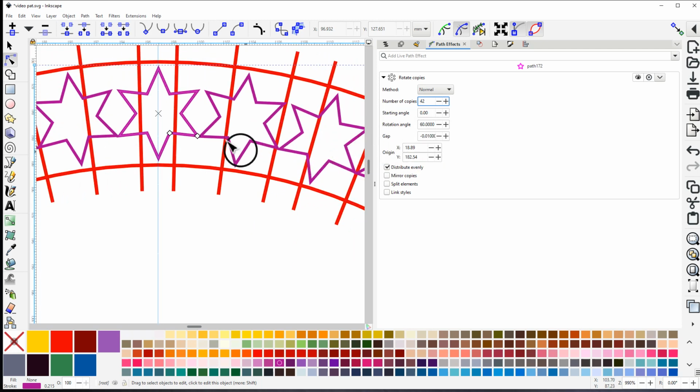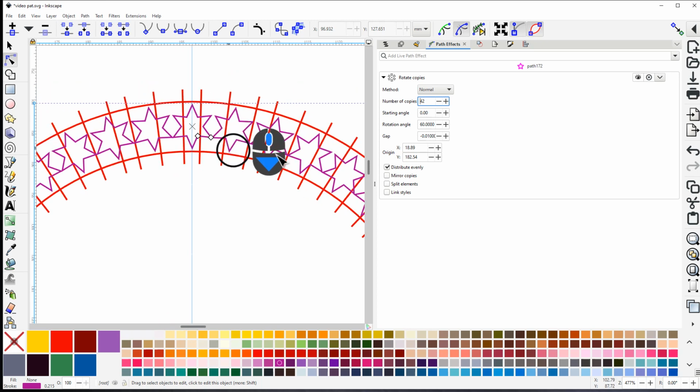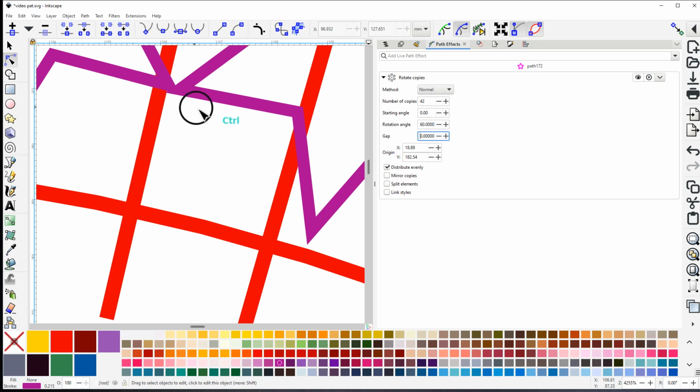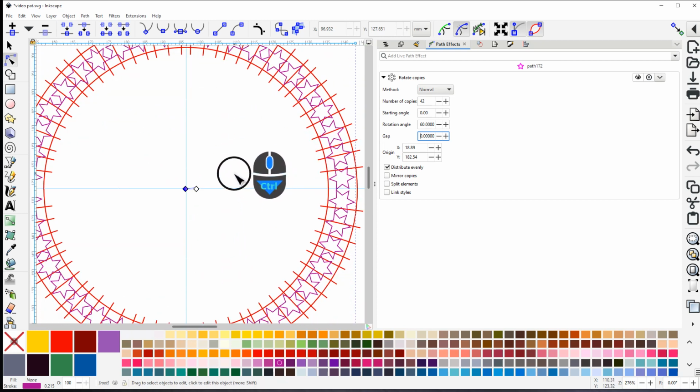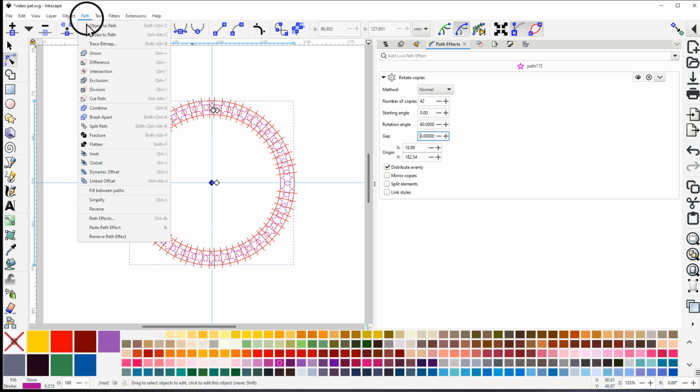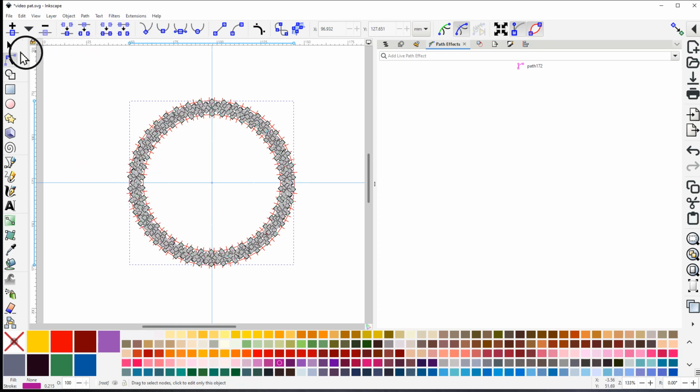You can create a starting angle, and you can have a rotate angle, you can create a gap, and you can, oh, I want a gap at 0. So now the nodes should be just touching each other. And now with that selected, now we go path, object to path, and